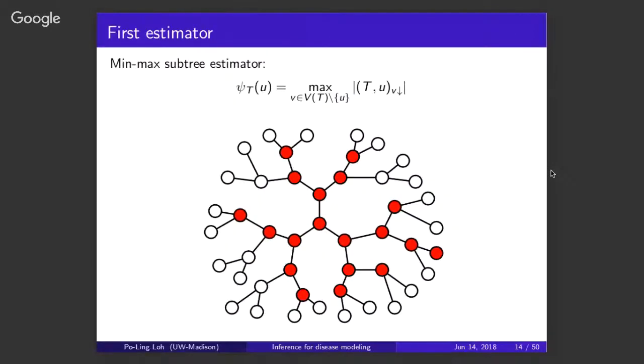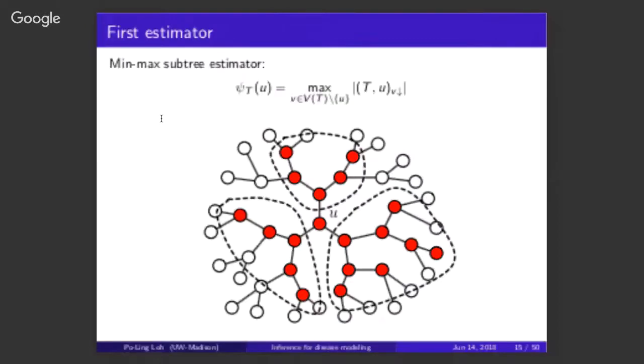All right. So now I'll describe the estimators that we studied. At the top, it's a math equation. At the bottom, I'm going to try to illustrate it using pictures. What this is saying is that we are going to compute this criterion psi of u for every node in the graph. The way that we compute it is we look at a particular node u, and then we look at what would happen if we disconnected u from all of its neighbors. So we imagine that you take away all the edges connected to u, and instead of having a red tree, you have a red forest, because that separates the tree into several subtrees.